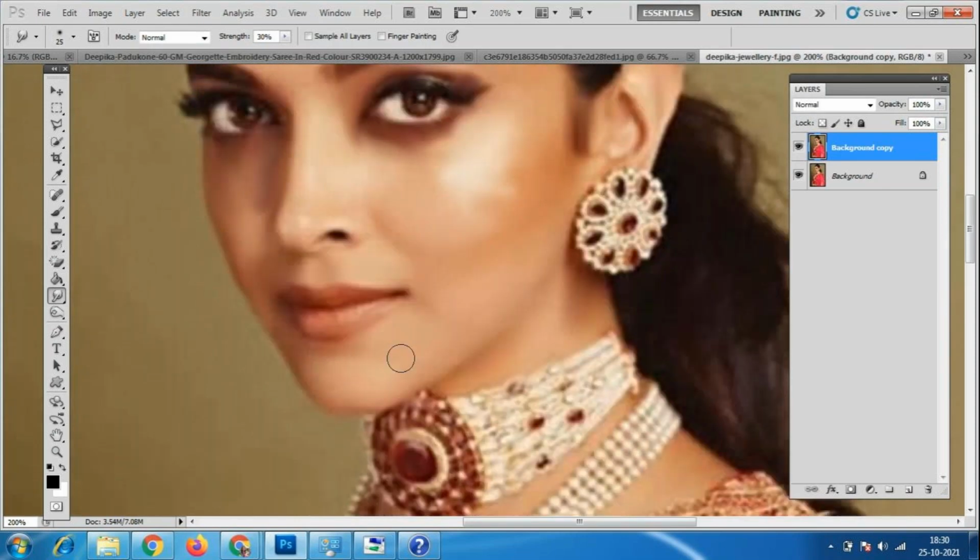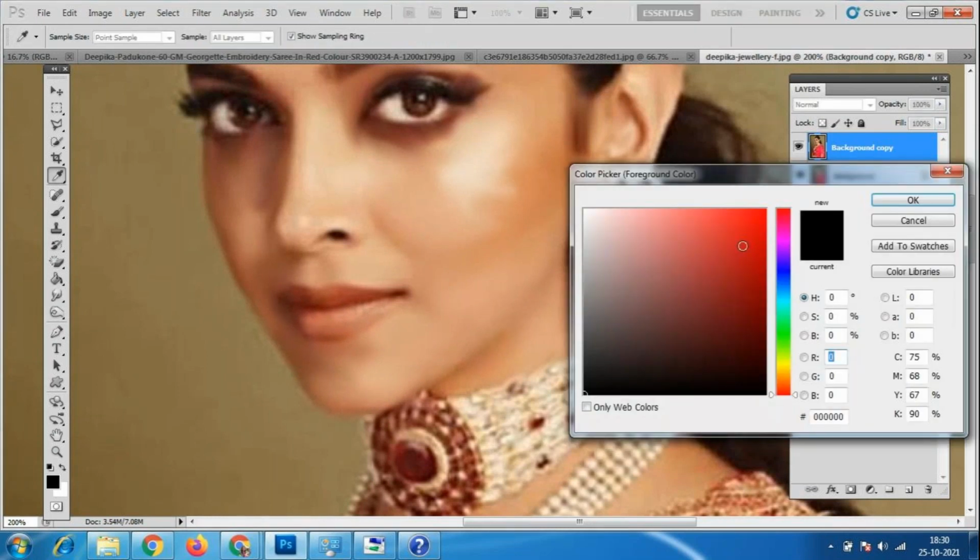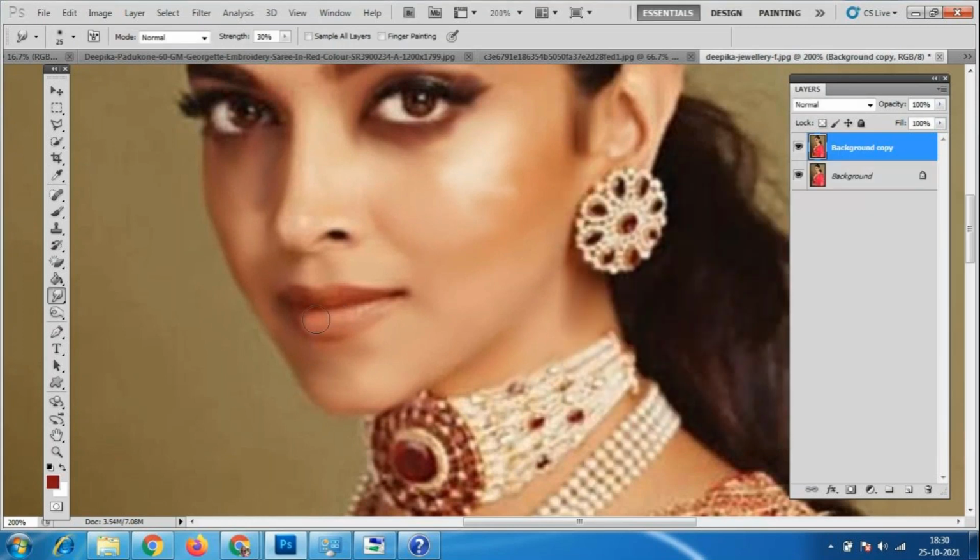Okay, so we have to make the image with the painting effect, and we can change the color also. Like let us see, suppose if you want to give some color over here, so let me check. We slightly the colors and all. With the brush tool we can use it. The brush tool, if you want we can change the color.